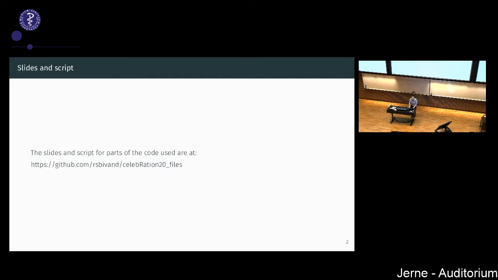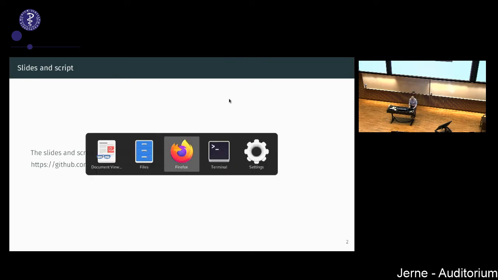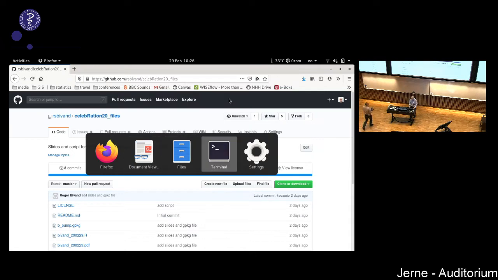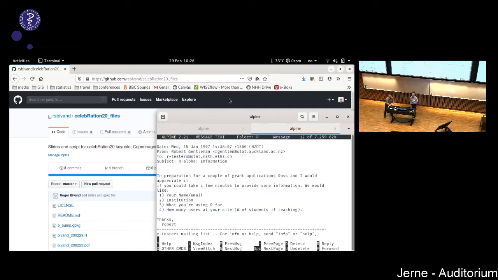The materials for what I'm talking about are here, so the slides are here. If things go wrong, then you can watch them yourselves. There's also a script giving you the 2020 version of a class in 2000. So I'm reproducing what we were doing in classes with students 20 years ago. And I thought I'd give you also a slight flavor of where things started.